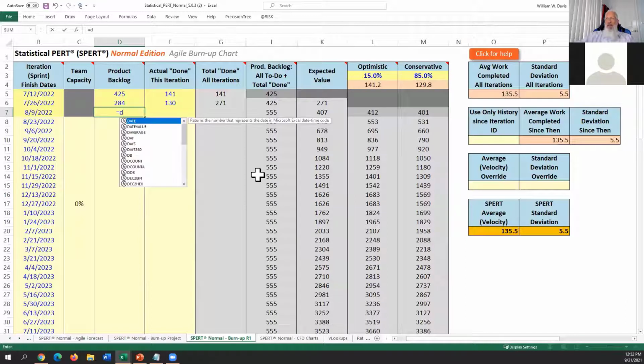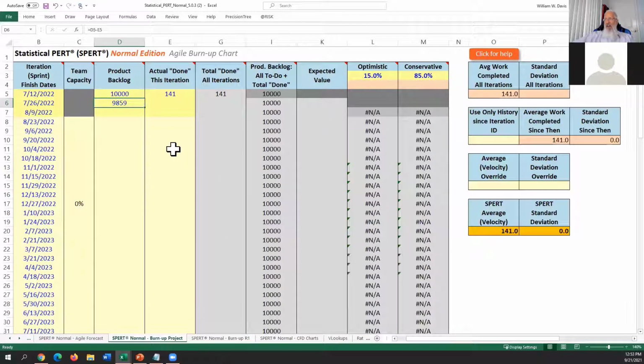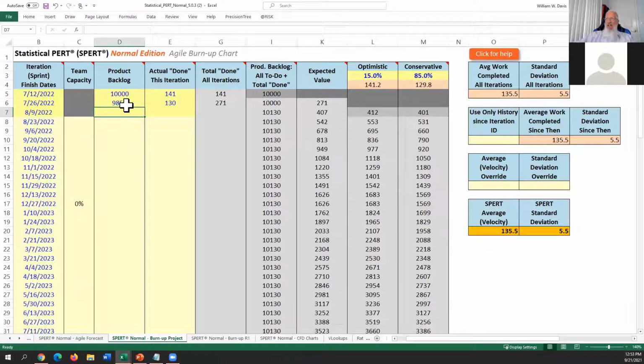Well, what was left to be done was we started with 284. We got 130 story points done. So that's E6. So now there's 154 story points left to do for release 1. Since the team got 130 story points done in the second sprint,